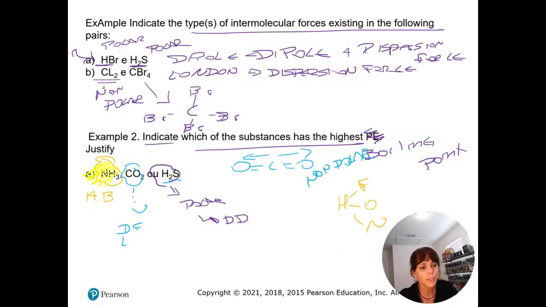So the highest boiling point over here will be this one. Oh, sorry, should be this pen. Okay. So that's the highest boiling point over here, okay, because that's the strongest